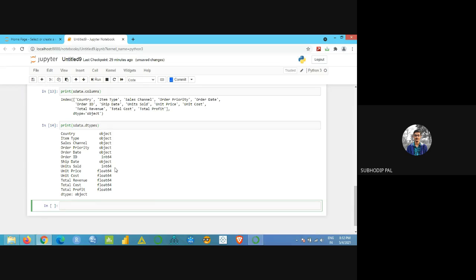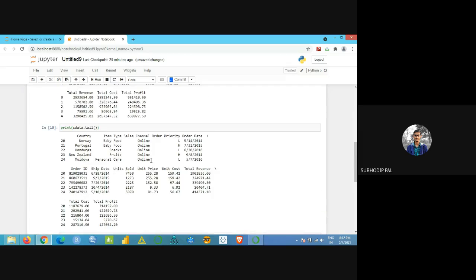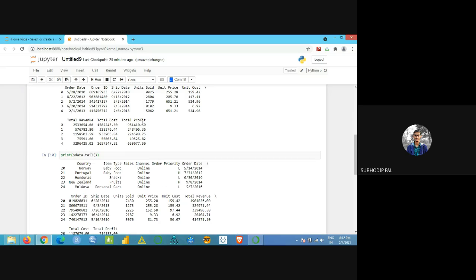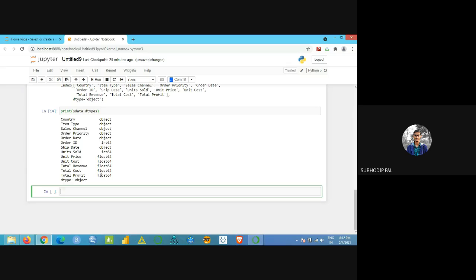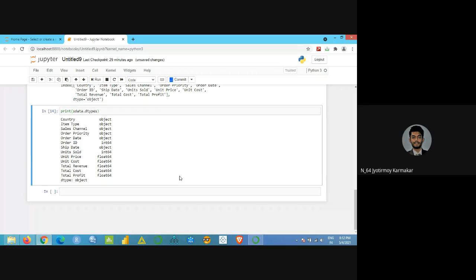Int64 means what? Can anyone tell me? Float64. Float means what? There will be some decimals. Total profit has decimals, so that will be float. What is this 64? Can anyone tell me that? Bytes.